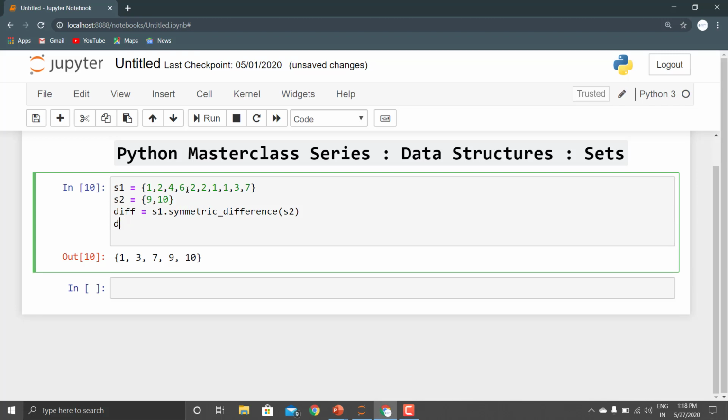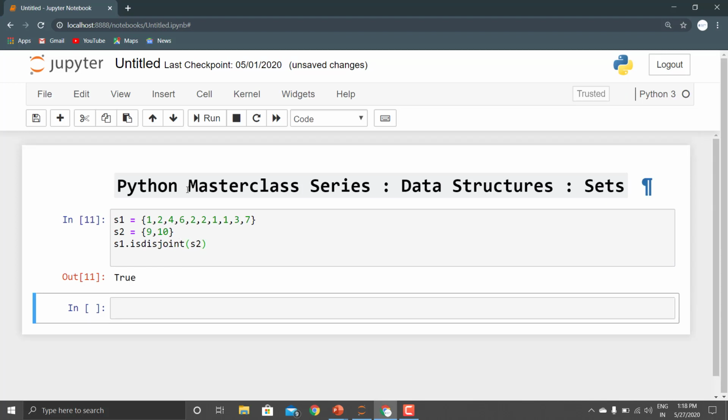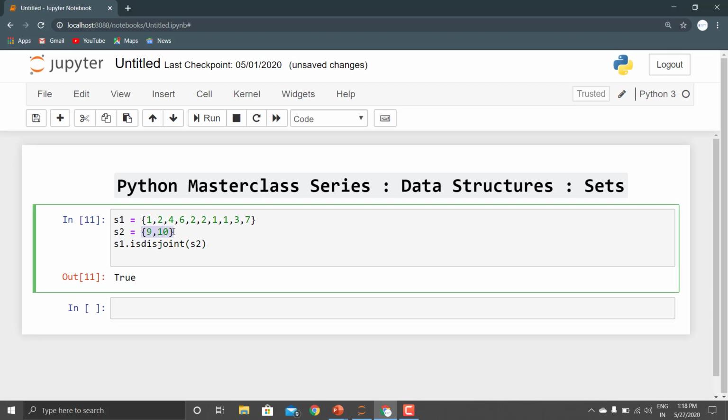If we want to check if these sets are disjoint, disjoint sets are those which do not have any element common between them. So s1 dot isdisjoint s2, and we get the value true, which means s2 and s1 do not have any elements in common, that is why we have true.